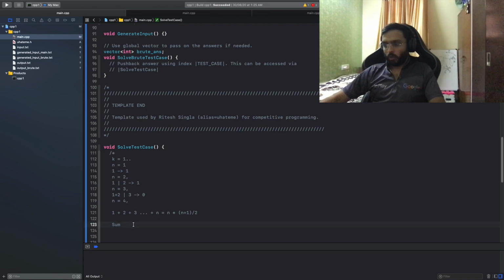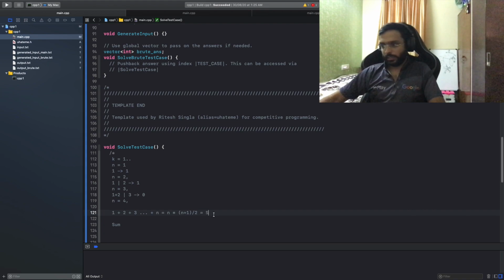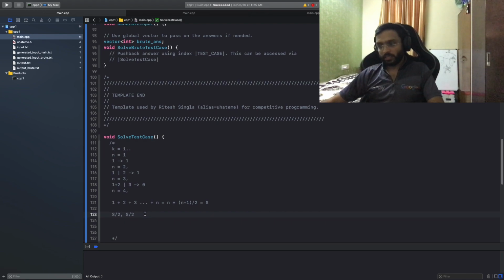So what I'm trying to say is, let the total sum be capital S. What we would want to achieve in an ideal scenario is that both me and my friend get S by 2 candies. If it is even, it might be possible, though we might not be able to make that particular distribution. If it is odd, then we definitely cannot make S by 2. One person can make the floor of S by 2.